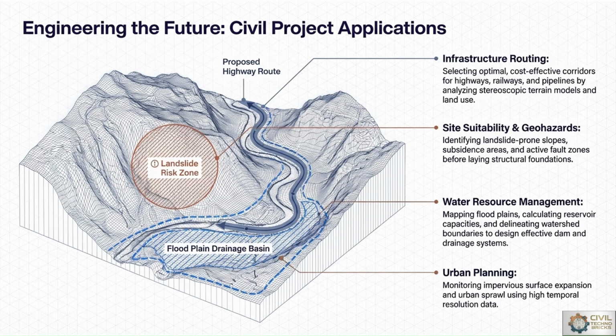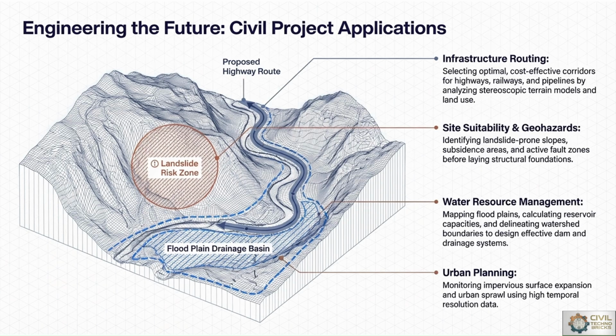In infrastructure routing, selecting optimum cost effective corridors for highways, railways and pipelines. For site suitability and geohazards, we have to identify landslide-prone slopes and active fault zones before laying structural foundations of any structure. For water resource management, mapping floodplains, calculating reservoir capacities, and delineating watershed boundaries to define effective dam and drainage systems. Last but not the least, urban planning, monitoring the impervious surface expansion and urban sprawl using high